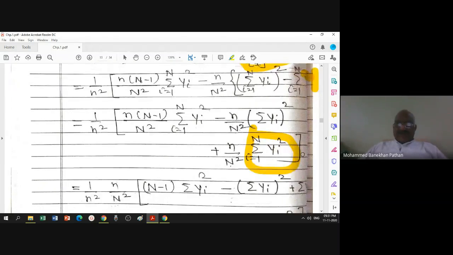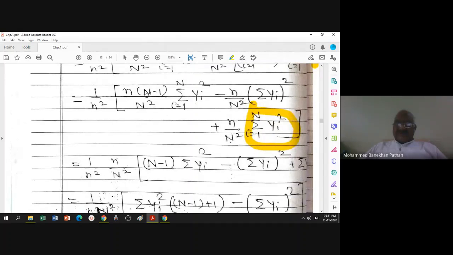So next, this sum of y square, this sum of y square is the same quantity. So I will take it common. So what is the common? n into n minus 1 over n square plus n upon n square. So this is going to be simplified. Answer will be n minus 1 sum of y square,